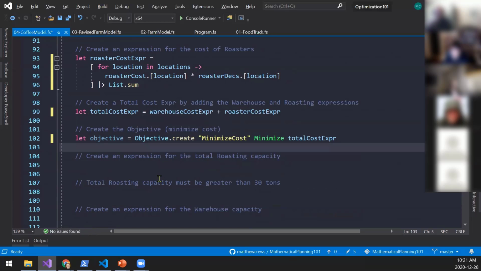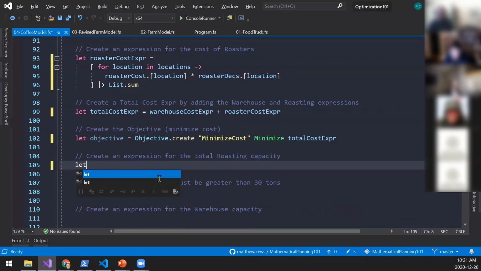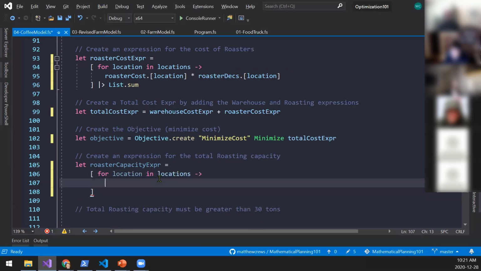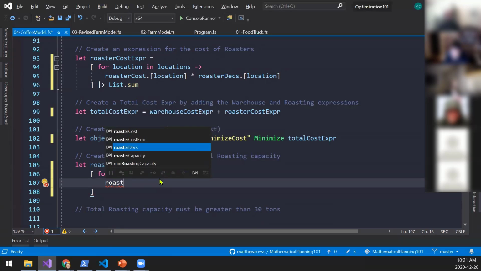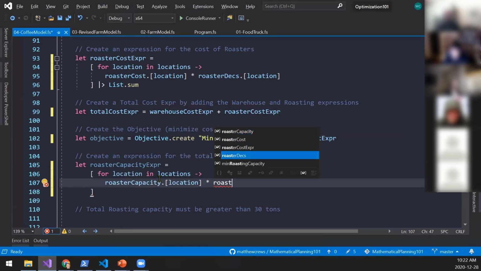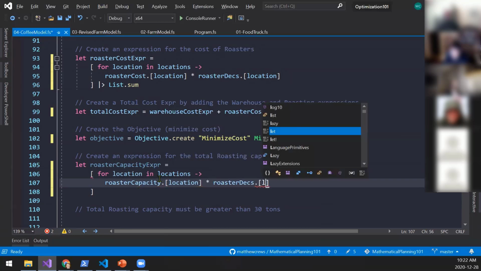There we go. Now I need an expression for total roasting capacity. So let roasting capacity expression, for location in locations, roaster capacity for a given location times roaster decisions for a given location.